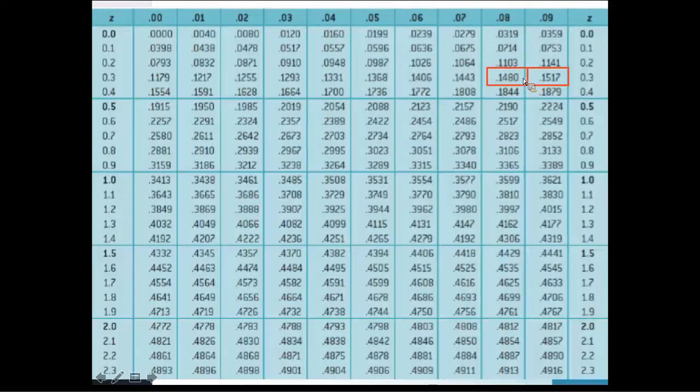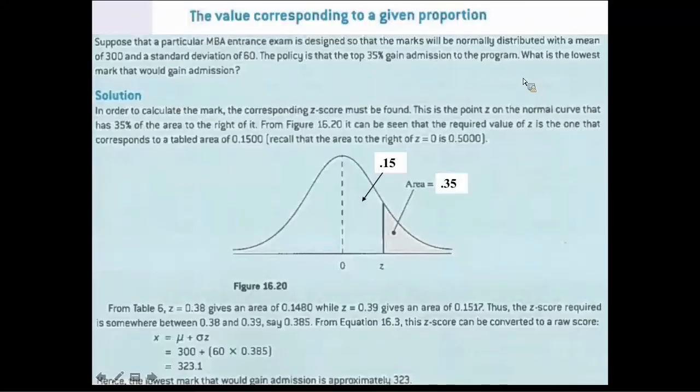Anyway, 0.385 is what he's suggesting, the average of those two. So he plugs that in. He's looked up the Z score. He's applying this formula here. He's got the Z score in. All he's got to do is plug in the standard deviation, and plug in the mean. So it's the mean of 300 plus the standard deviation times the Z score will find me the mark, a mark of